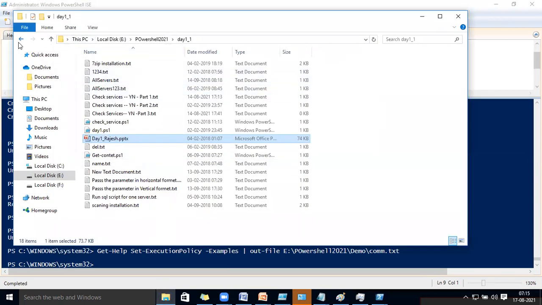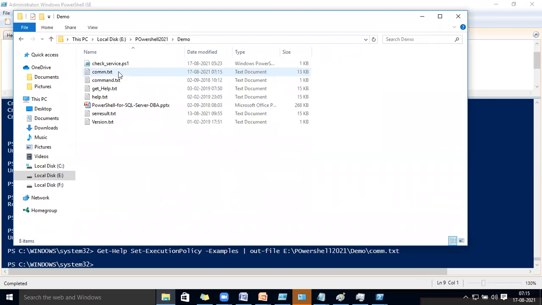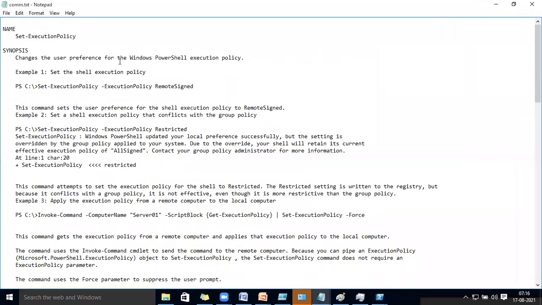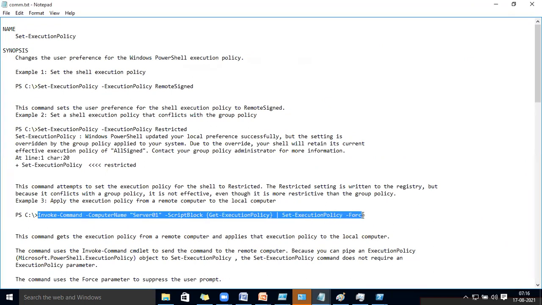Oh, sorry, I have taken this into the demo classes. So you can see here it is displaying how you can set the policy. You can see the example: Set-ExecutionPolicy, write the execution policy, and RemoteSigned if you want, you can choose. It gives all the details of what is going to happen. There is a simple script also that they have given. You can learn it yourself if you want. It is nothing but self-learning.